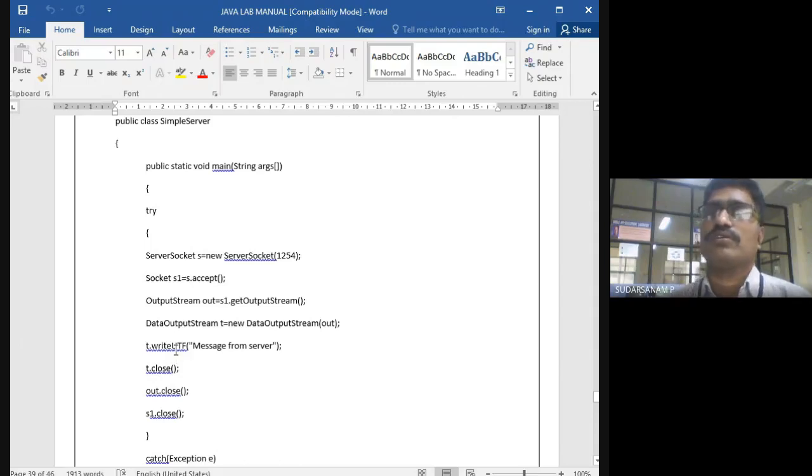So you requested something from the client, and it has been accepted. Now for our understanding purposes, T.writeUTF message from the server. It is working for our reference purposes.